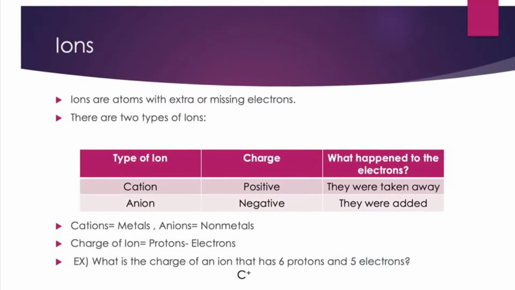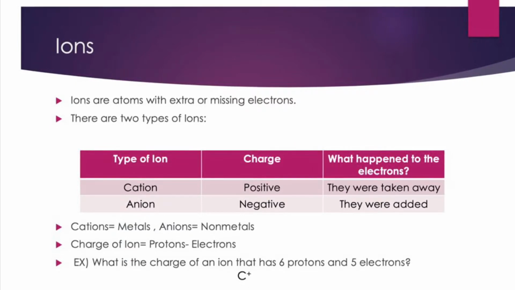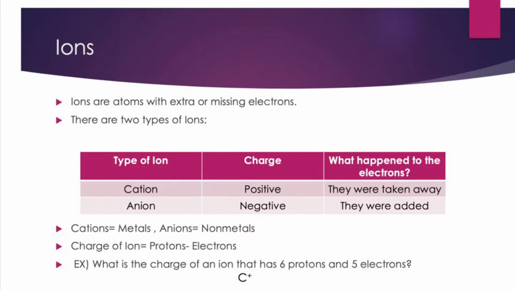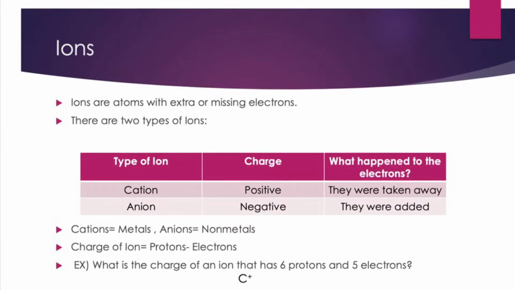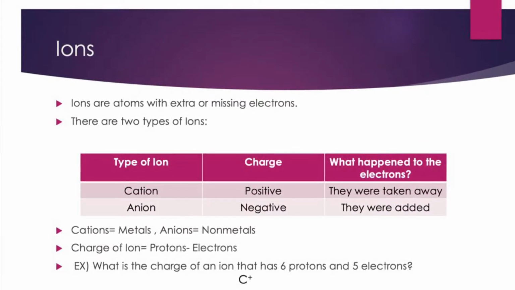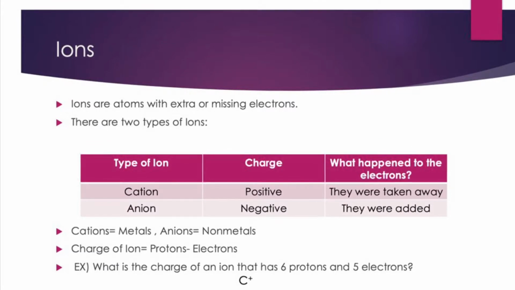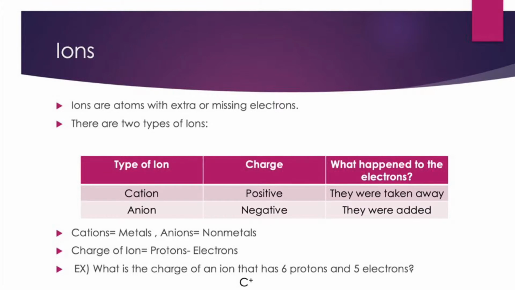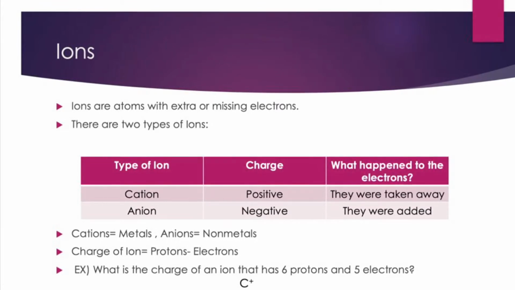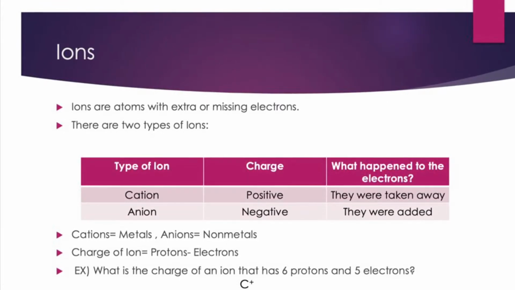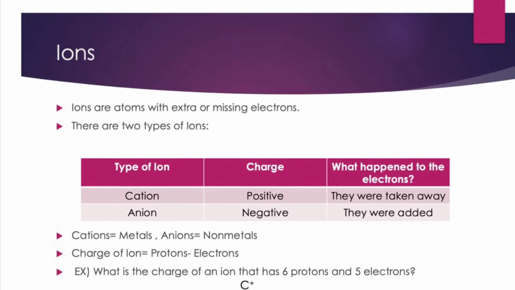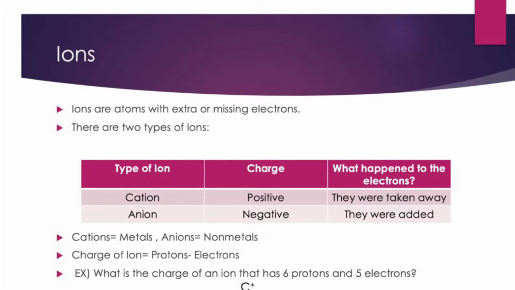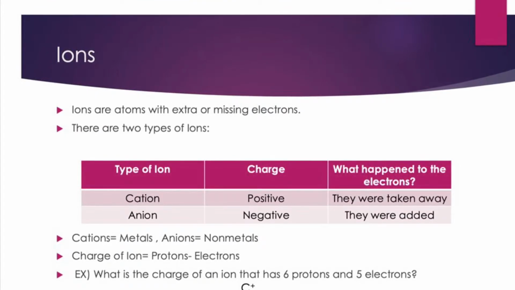Last but not least, we have ions. Ions are atoms that have an extra or missing electron. There are 2 main types of ions. Cations, which are positive, mean that an electron was taken away, and an anion, which is negative, means that an electron was added. Cations are metals, while anions are nonmetals. It's easier for cations to lose their electrons in order to be stable since it takes less energy. The first 3 columns on the periodic table are an example of that because they have less than 4 valence